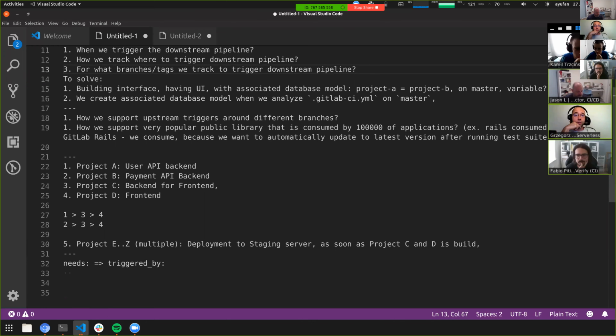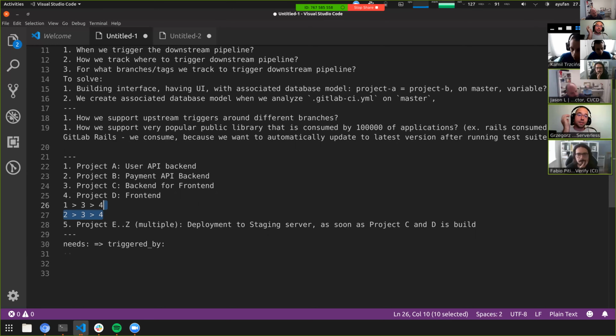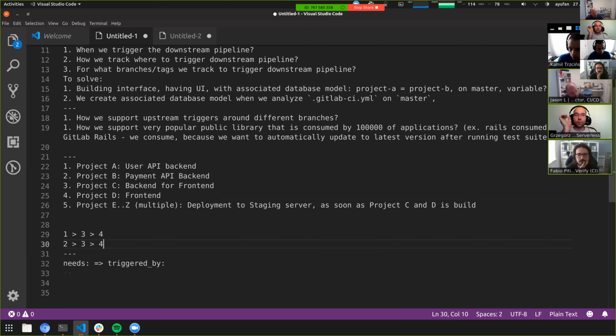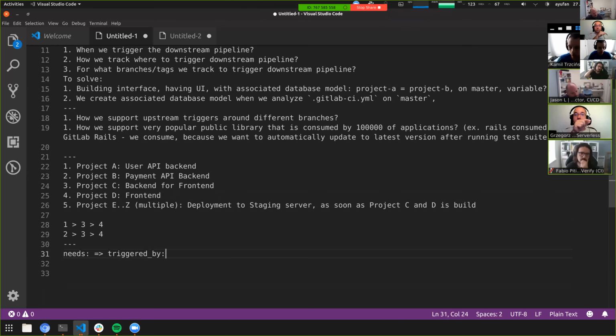So we built the triggers feature, and the very first feedback that we received from users is that they need a way to pass variables there. So it's not only a simple trigger, it becomes a dependency, because the downstream pipeline now depends on the variables being passed from the upstream.